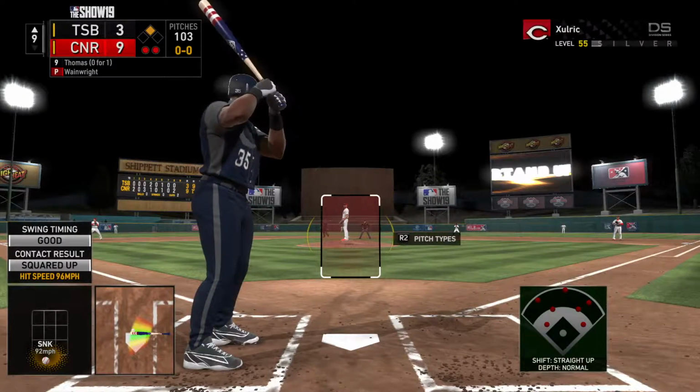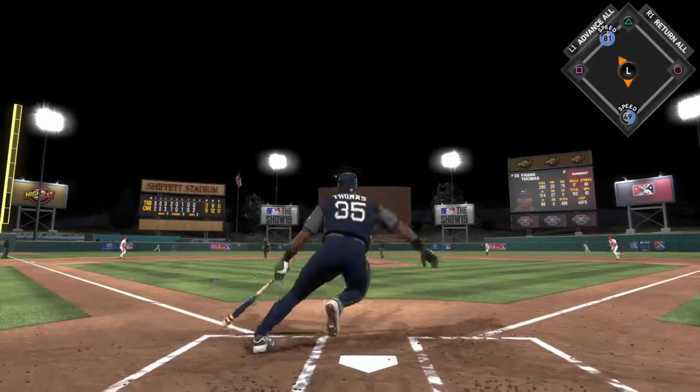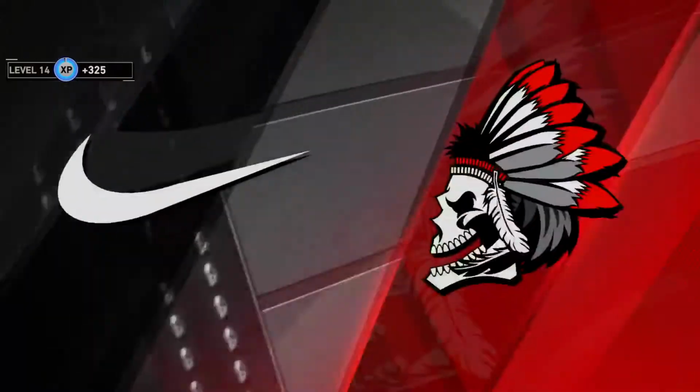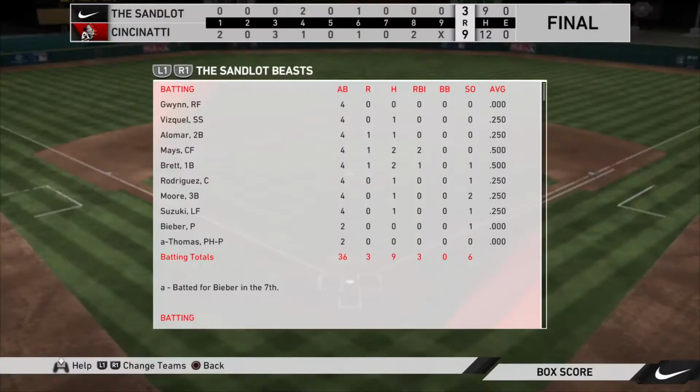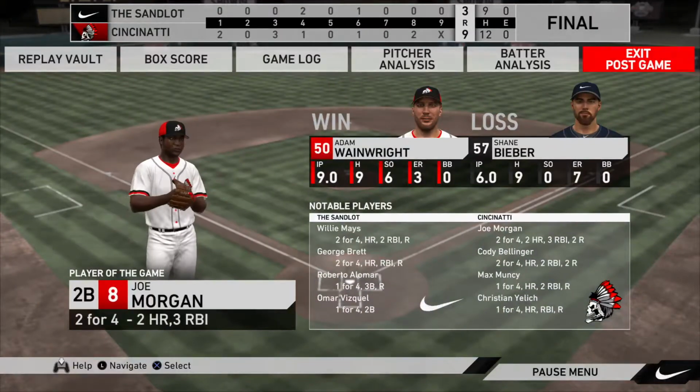Digging in for his second at-bat, Frank Thomas comes into this at-bat 0 for 1 in the ballgame. Line drive to center field, but he will make the catch on the hard hit ball out there, and that will conclude matters here as this ball game is over. Here now is our final line score. First for your victorious